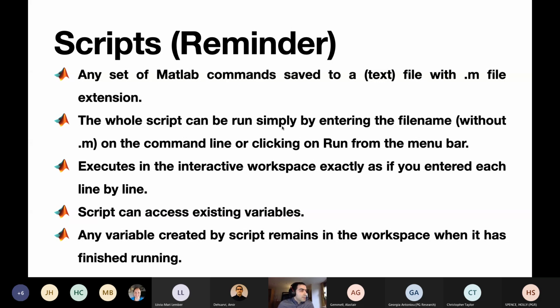So the whole script can be run simply by entering the file name without .m after you have saved it, of course, on the command line or clicking on run from the menu bar. We will do this later. I will show you how. So it is going to execute in the interactive workspace exactly as if you entered each line by line. So MATLAB is going to go line by line in your script and just execute the commands that you have